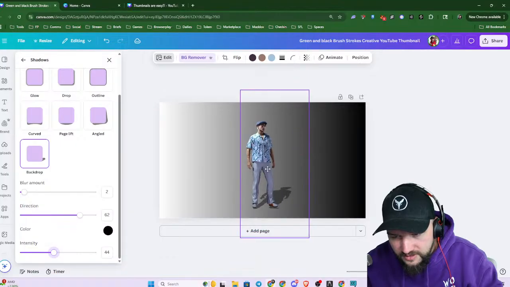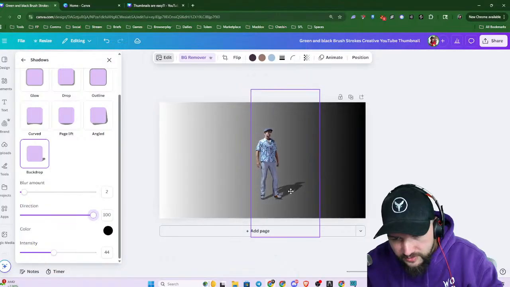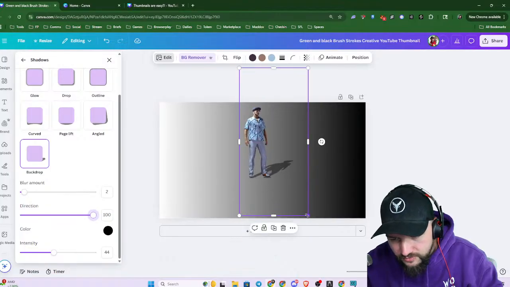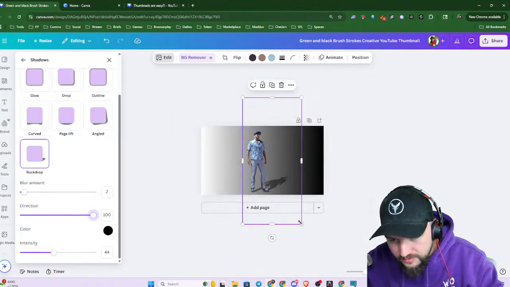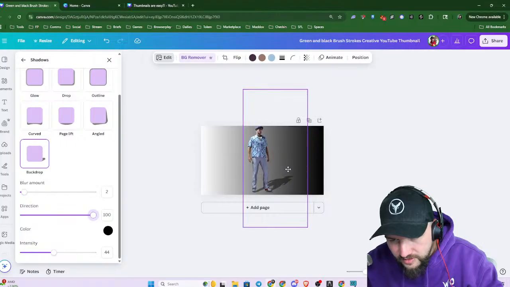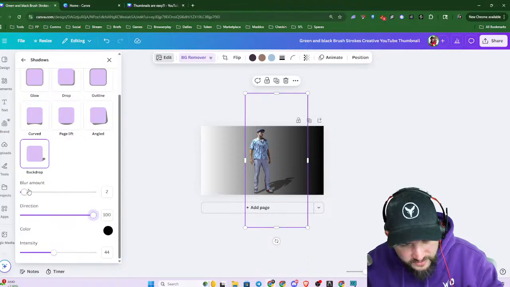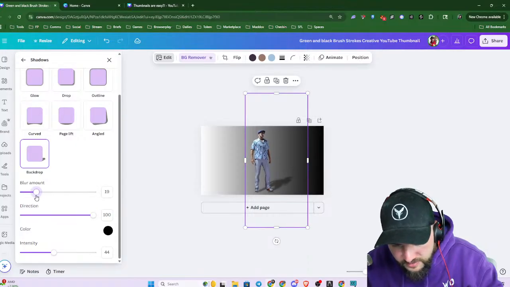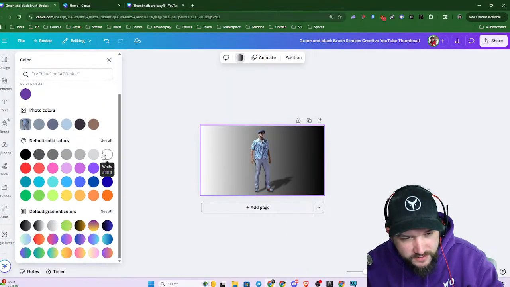A little crazy. And if we want to match the direction, probably all the way, almost. Almost all the way there. And I don't know if I want... there we go. I don't want us to see his feet. Feet are a little... Oh, I think I can actually add... Hang on. There's a way I can blur him out. I want it to stick on his feet a little more, and it's not really doing that. Also a way